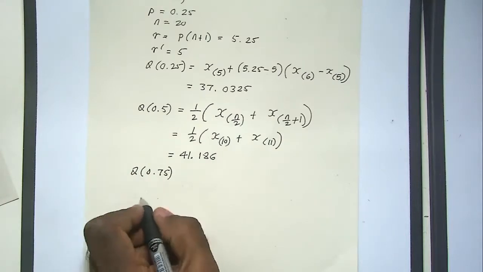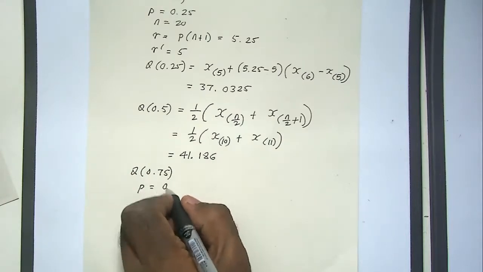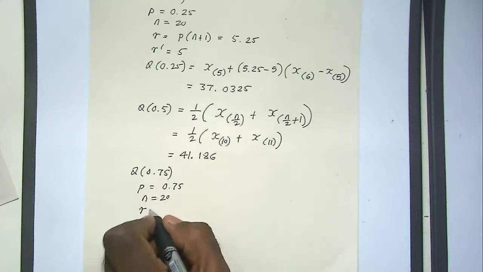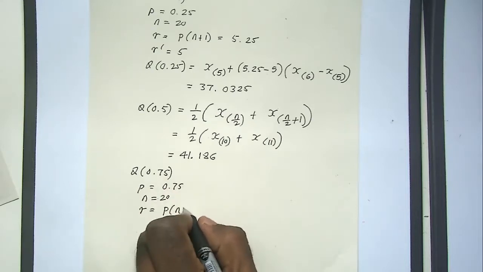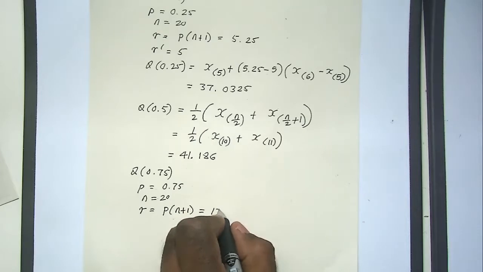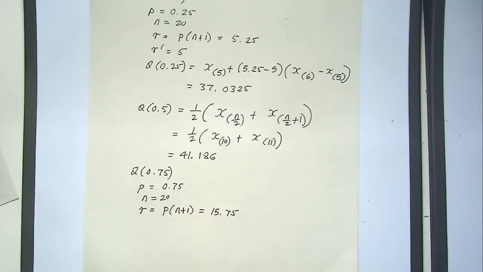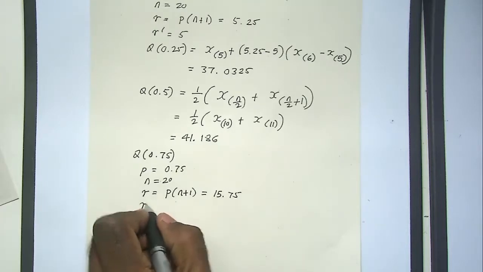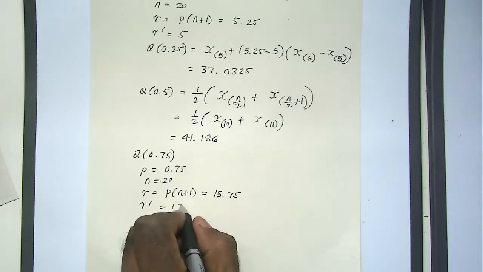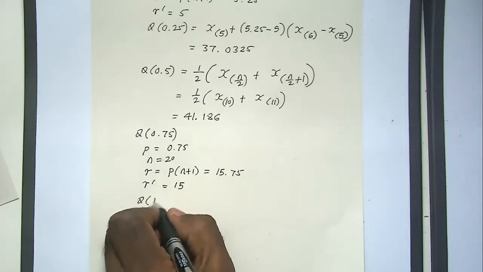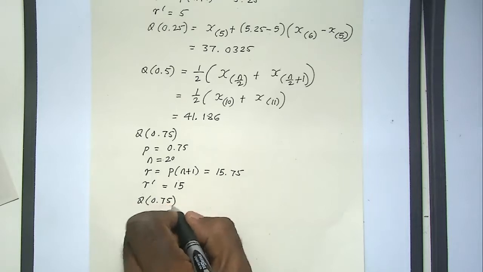this. So your P is 0.75, your N is 20, so your R is going to be this. You guys follow me? So R prime will be what? R prime is the integer part, which is 15. So Q at 0.75 will be,